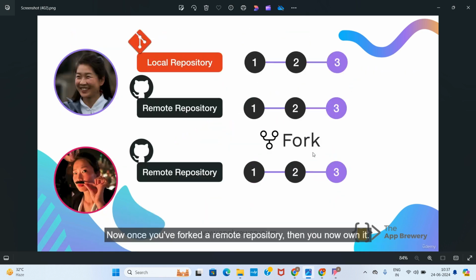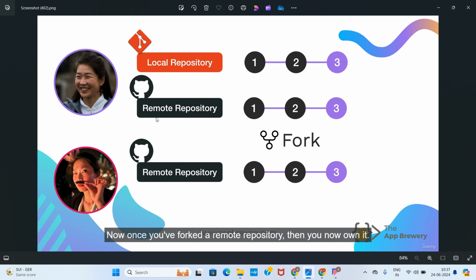Here you can see there's a person who has a local repository. When he pushes the files, he will be able to operate in the remote repository. So he's the owner, and there's a guy who wanted to